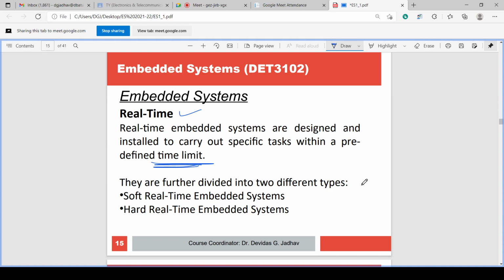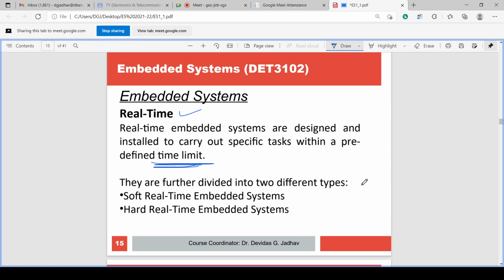Each operation has some time limit that checks whether the vehicle being built has arrived there, and that the half-completed vehicle is detected. Then the robot at that particular location starts its operation within that time limit, because it has to leave the component and take a new component for the next operation. So each operation requires a time limit.